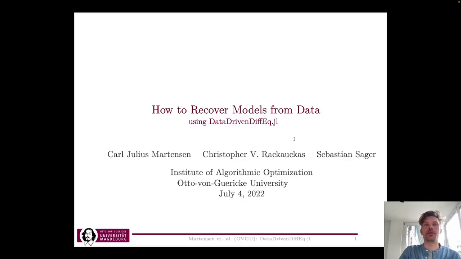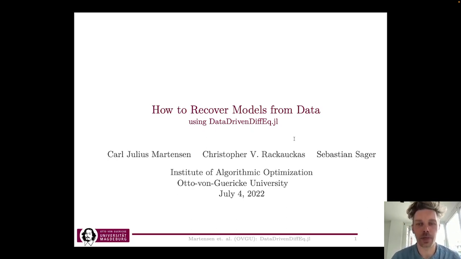Hi, my name is Julius Martensen, and today I'm going to talk to you about how to recover models from data using DataDrivenDiffEq. DataDrivenDiffEq is a package in the scientific machine learning ecosystem in Julia, and hence this is also joint work with